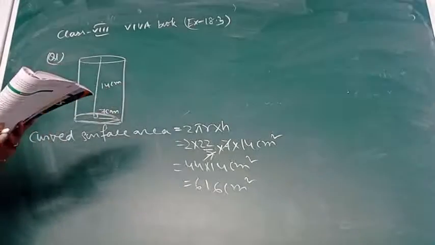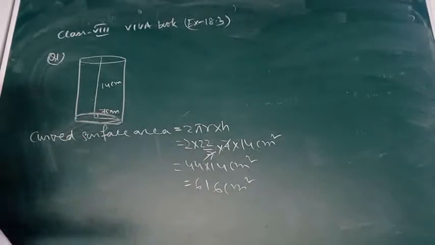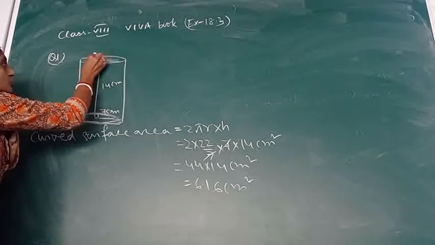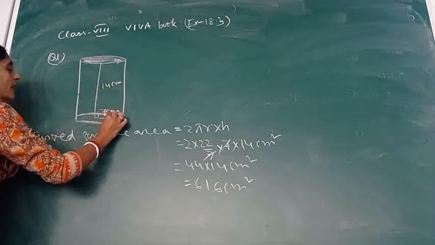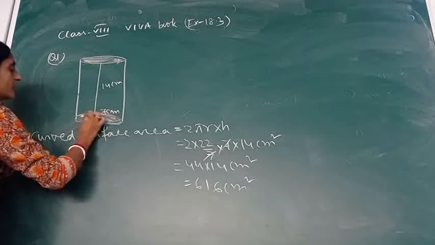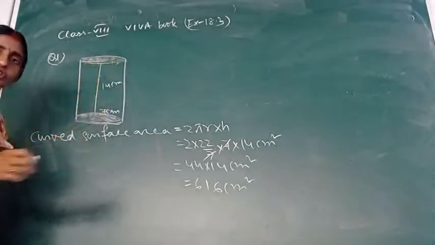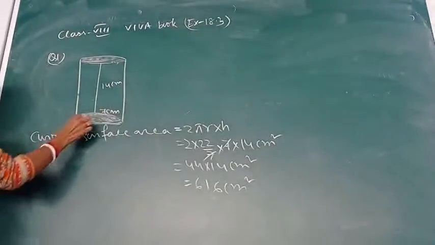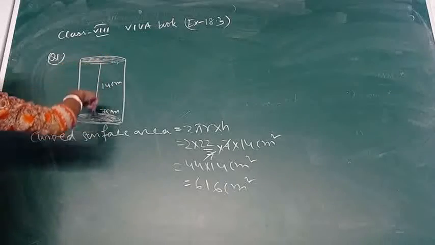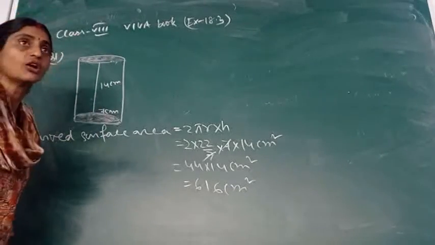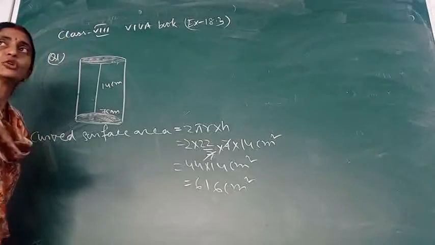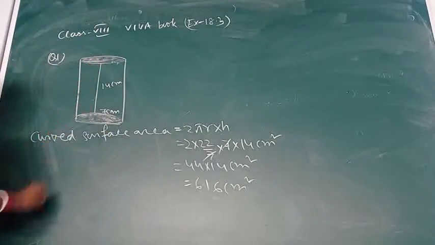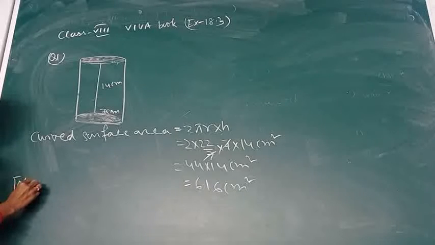Now you have asked what will be the total surface area. So for the total surface area, what more we have to include with this? We have got the curved part. Now I need this top, that means the lid and the base of this cylinder. If I can add these two, I will get the total surface area. For the total surface area, what we have to add? That is top and the base, and that is the area of these. So how much it will be? That will be pi r square, for 2 times. That 2 are identical.